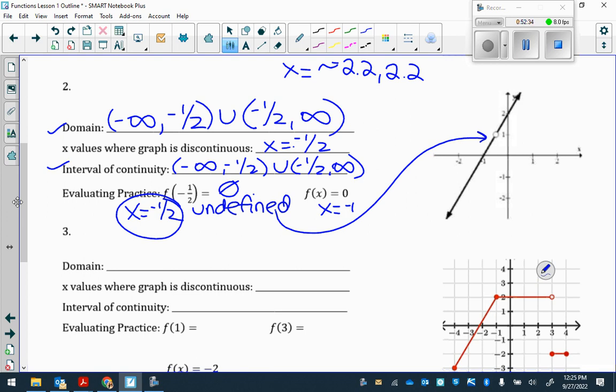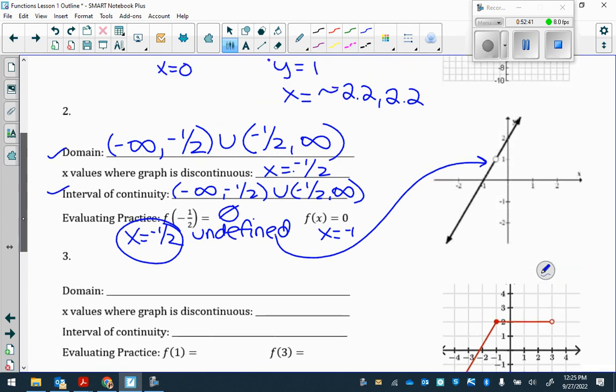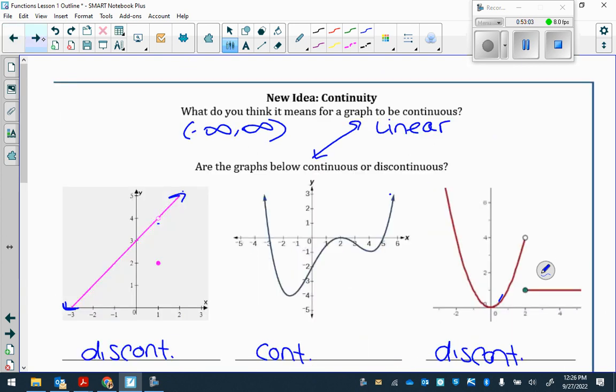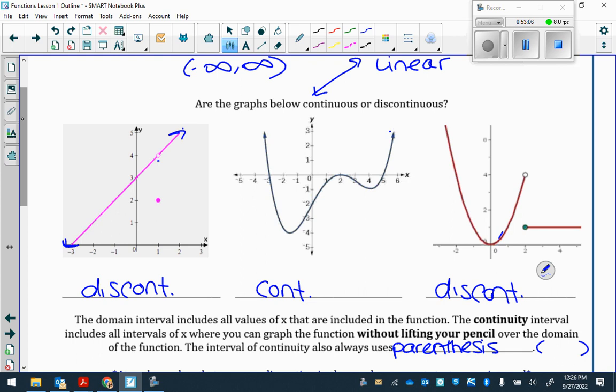There's a circle there. So that's why we have the parentheses here, right? If we had a bracket, it would be included, okay? Just like if I go up here, if I wanted to see f of -2, I have a solid line there, so it would be 0, right? If I wanted to see when f of x equals -4, my x value would be 0, okay? If I have the hole, like I see here, and this is a prime example,